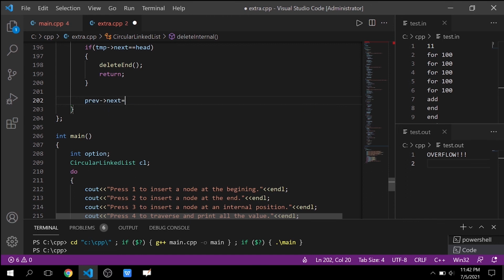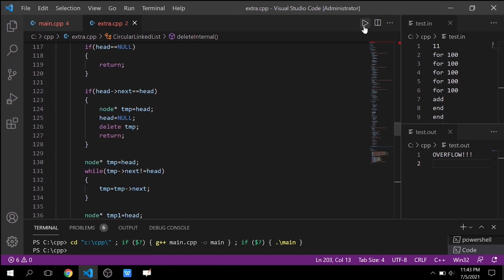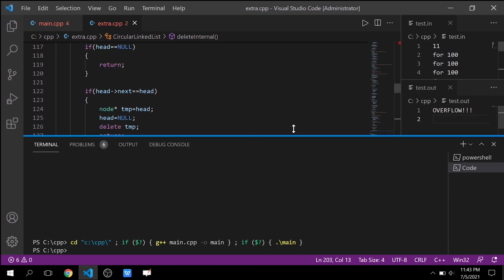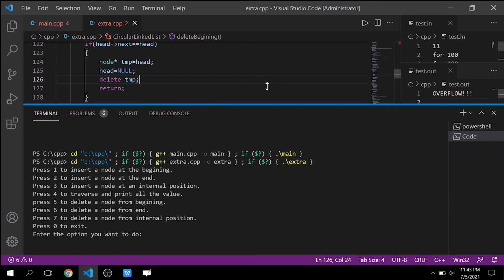Where will we find the address of the next node? We will find it in the next pointer of the temp, which is the node we have to delete. So it lies in the next pointer of the temporary node. And when the linking is completed, then we have to delete the temp node, right? This is the delete. Okay, now it is completed. Okay, let's run. Let's see how many errors we get. So there is no error.